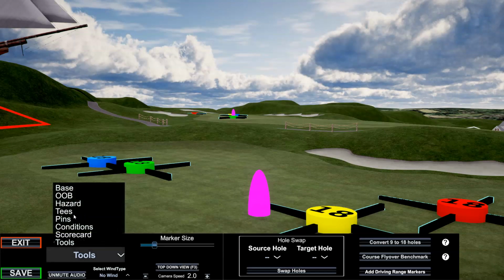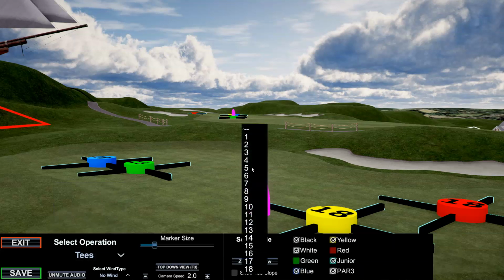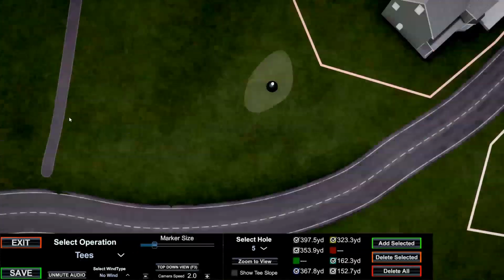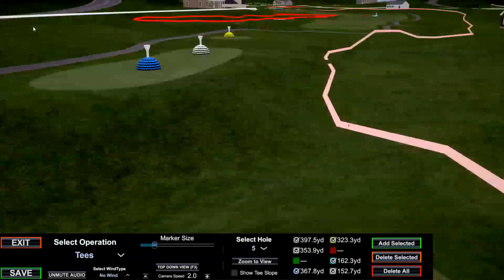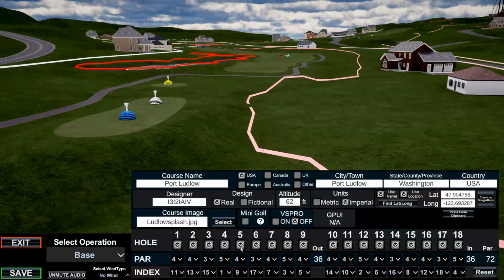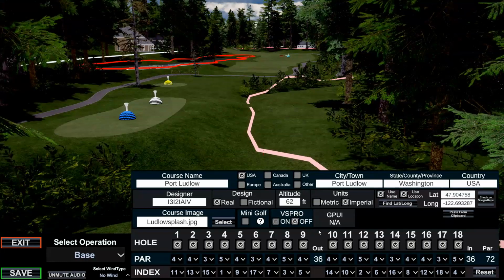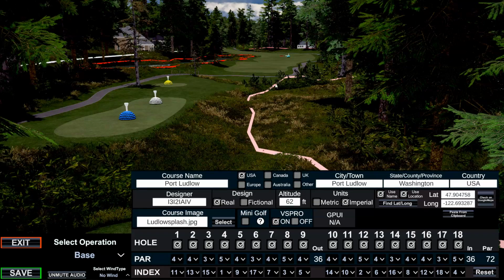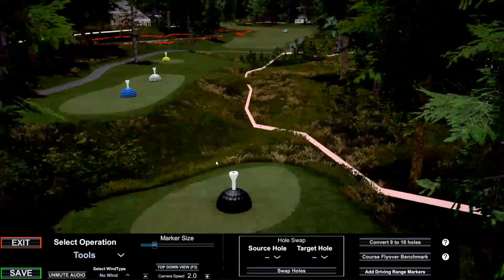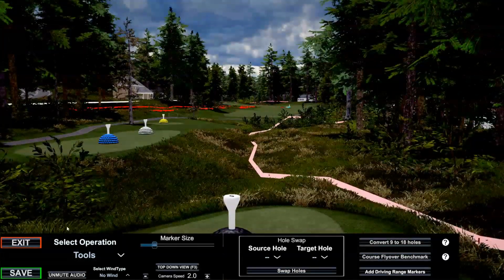So let's go to hole 5T and we'll zoom to view. And let's turn our VS Pro on. Now there is quite a lot going on there. So I'll go back to the tools menu just so we get a good full view of it. Now we could run the flyover down here again, but what I'm going to do at this point is